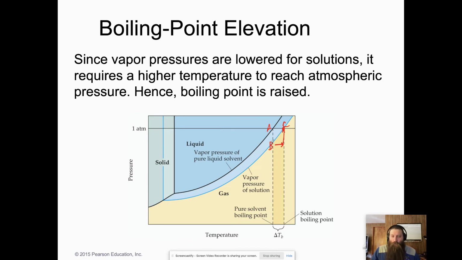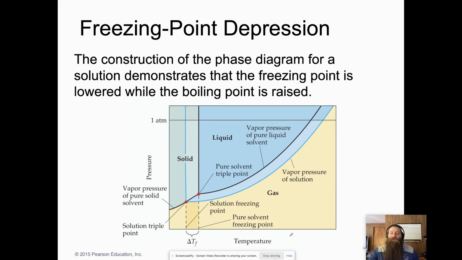So when I lower the vapor pressure, I have to increase the temperature, and this will be a positive increase in temperature. And so we're saying that we elevate our boiling point. The freezing point is depressed or lowered when you start adding solute. And when you look at that, it's because the triple point is going to adjust for your phase diagram. And so since it's going to go down, I now have to move to the left on my temperature scale, and that's going to lower my,